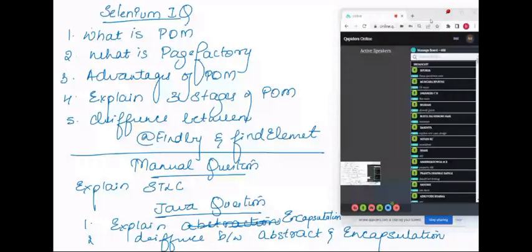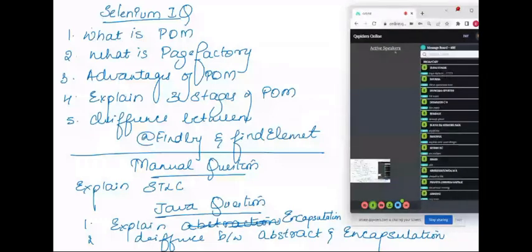Encapsulation over? Copy down this. Other things will continue tomorrow because I want some time for that. So tomorrow we are going to do sequential and